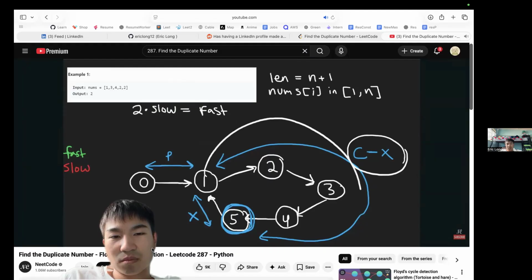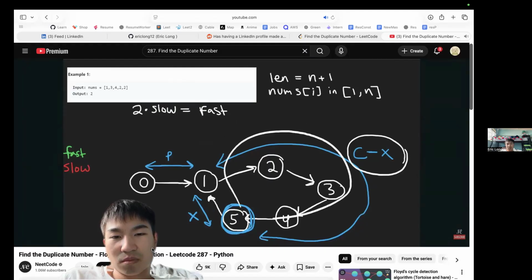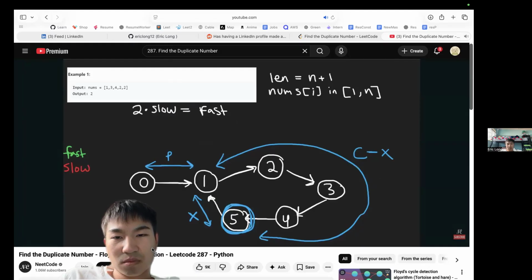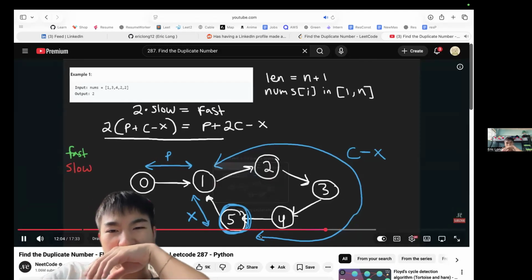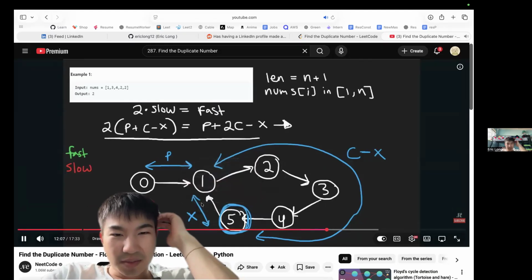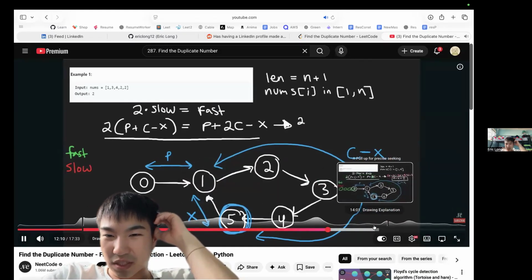And then it's going to do another complete cycle starting from here to get back to this position, right? So the fast pointer is going to be P plus C minus X plus C again. So more simplified, it's going to be P plus 2C minus X. The slow pointer is just going to do P, and then it's just going to do C minus X. So we'll have a 2 on the outside, P plus C minus X. So I'm going to take this equation and simplify it over here to the right. So once we simplify it a little bit, we're going to get 2P plus